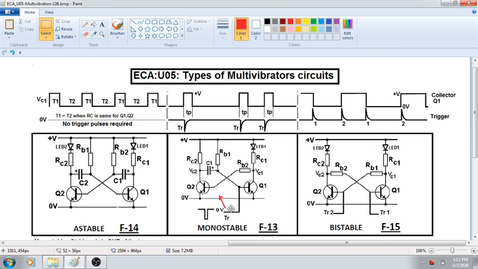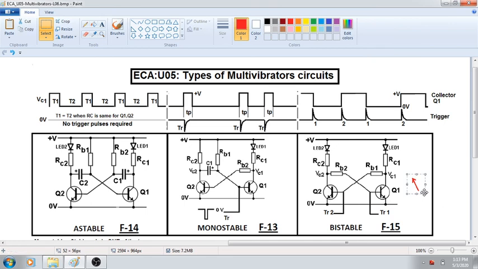Now coming to the monostable multivibrator also, we need to provide a trigger pulse in such a way that the trigger pulse operates in the way we want without disturbing the biasing of the circuit. So that also we will discuss when we are talking about the monostable multivibrator. Now bistable multivibrator looks much simpler, but there are many varieties of bistable multivibrator circuits, and I'll make a list of all of them, and then one by one we will try to study in detail until we become perfect about these multivibrator circuits.